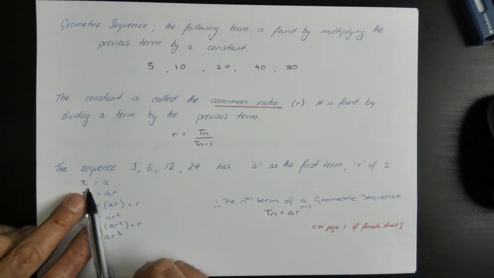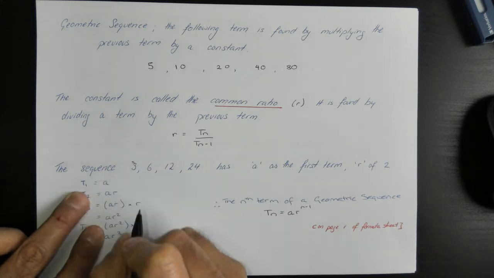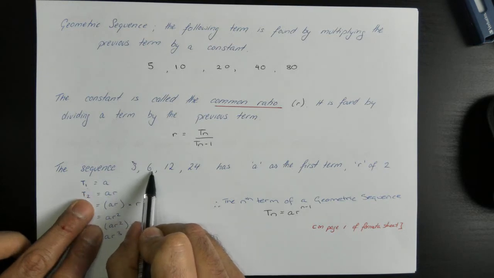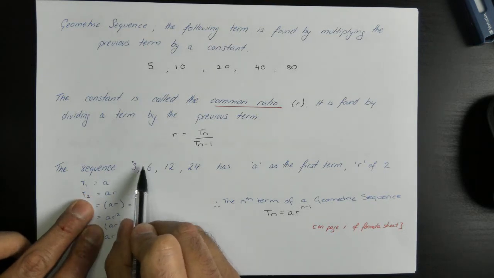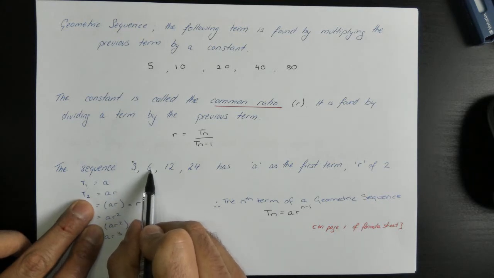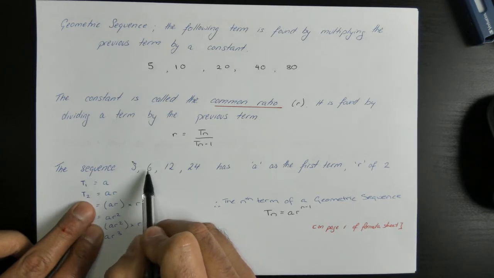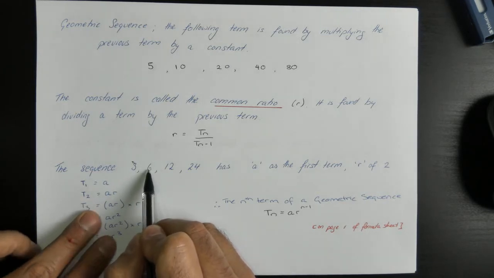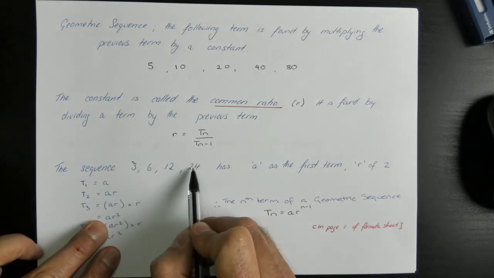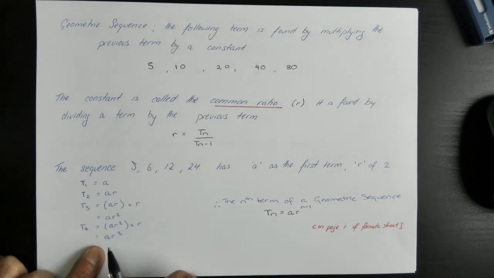Okay, so think of it. The first term, T1, this one here, is A. I find the second term, T2, by multiplying 3 by 2, by R. 3 times 2 is 6. I then find the third term by multiplying this term, which is technically AR, by R again. So I actually get AR squared. And I get the fourth term by multiplying the third term, which is AR squared, by R to become AR